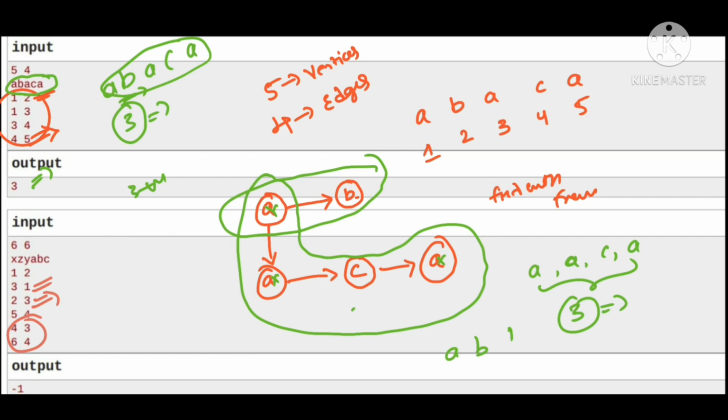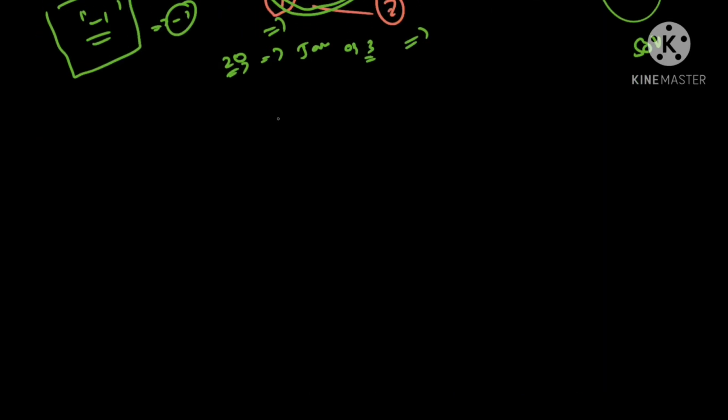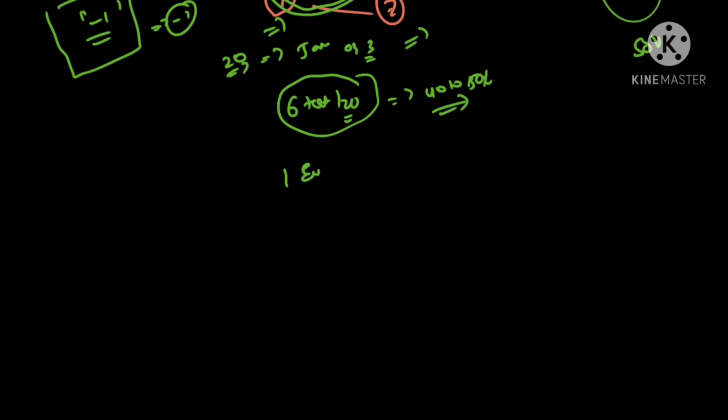So if you don't know any question, if you can just solve these 2 cases, at least you will be able to solve 6 test cases out of 20, which is very much better than nothing. Your chances will be 40 to 50% to get selected in this kind of question. In some interviews, one will be an easy question and one will be a difficult question. In that case, if you solve the easy question and at least 6 test cases in the difficult question, then your selection will be guaranteed. Let's get into the approach.